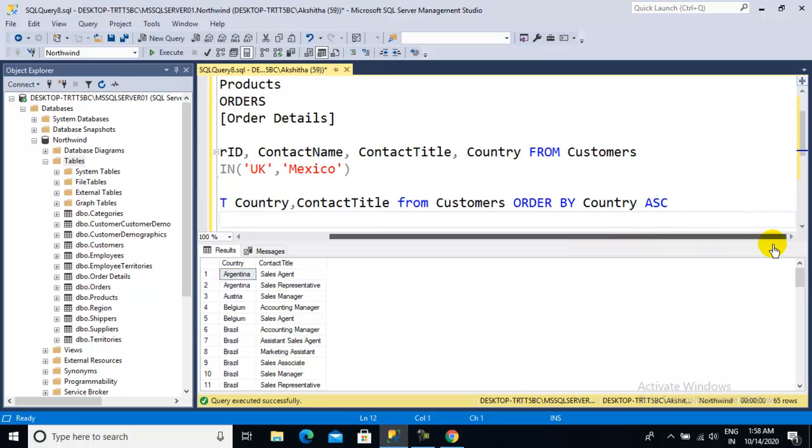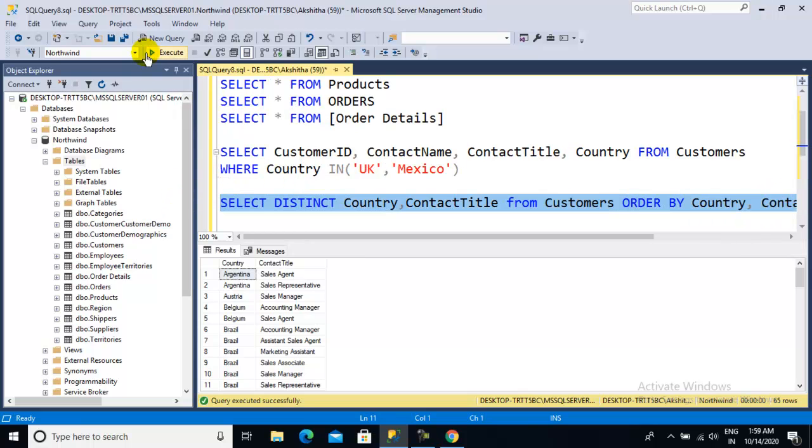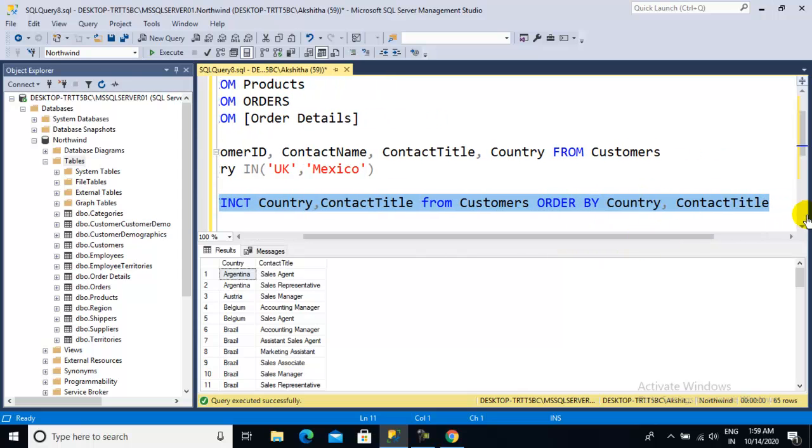And if you want to filter on both fields, in that case what we can do is order by, and you can add another field as well. See, you can put the contact title here. Run this query. See, it is also alphabetical. I want this one to be ascending or this one to be descending.